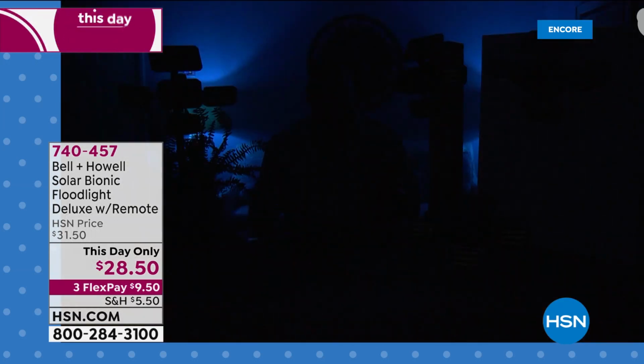I can't remember what I had for lunch yesterday. I'm not going to remember to replace the batteries in this thing, okay? Or this is a great floodlight too, but it's got a cord, so I better have power someplace to use this. The great thing with these guys is if I turn the lights off again, you're going to see all